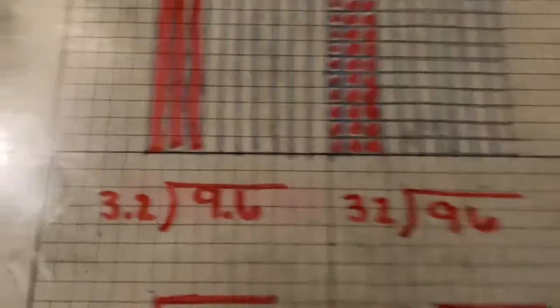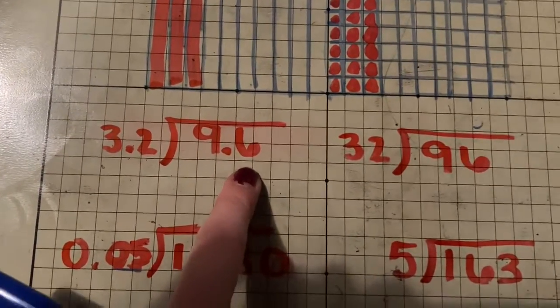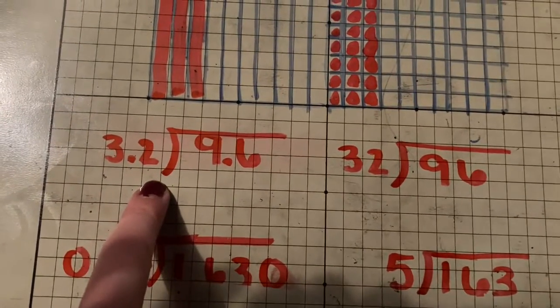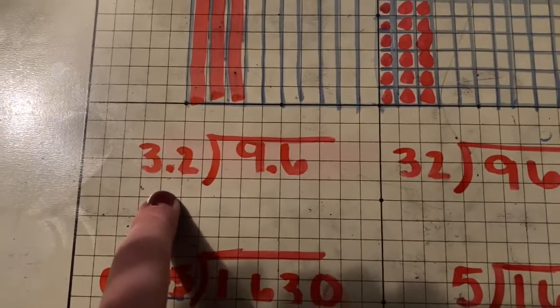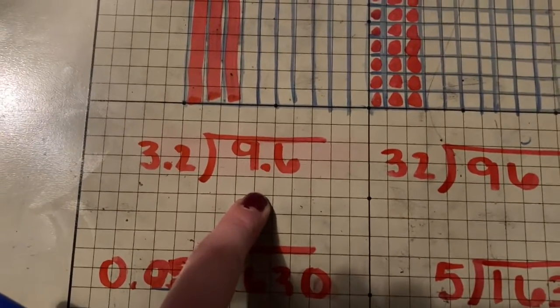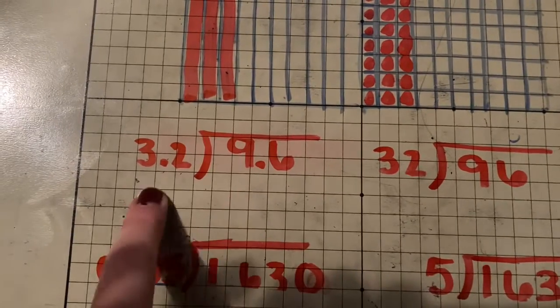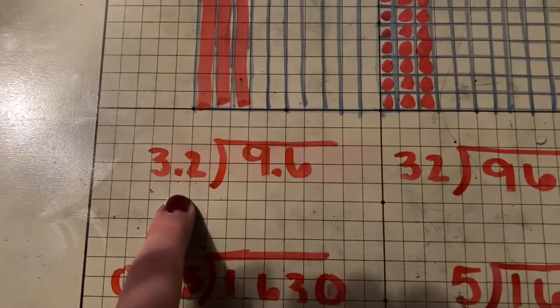Now let's take that notion of equivalent fractions and apply it to dividing with decimals. So here we have 9 6/10 divided by 3 2/10. Now, I don't know how to find out how many times 3 2/10 will go into 9 6/10. I just don't have the schema on that. But if I could turn this into a whole number, I might be more able to apply my schema and